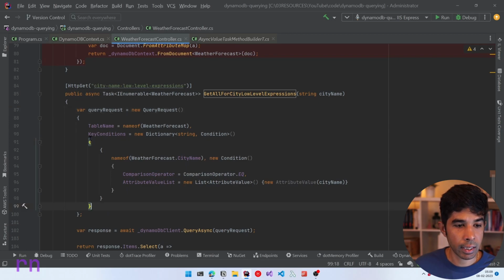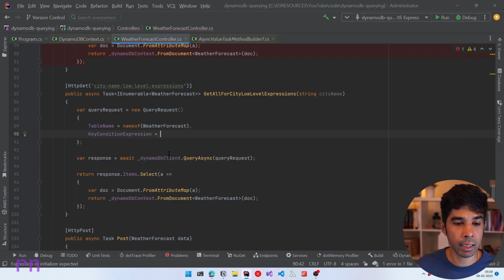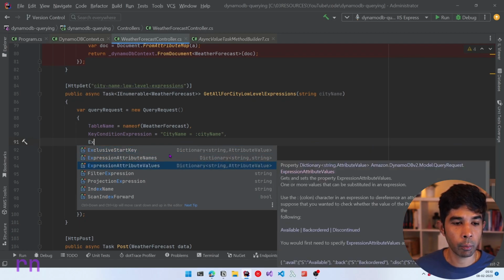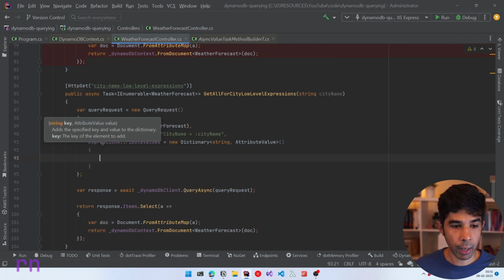So let's remove this key conditions property, which takes away a lot of code, and let's specify the key condition expression. In this particular case, the expression can be represented as a string. So in here, we want the city name to be equal to, and we need to pass the parameter value. Now in this case, we need to pass in placeholders for values. So we will be passing in as city name, the value for which we will pass in with the expression attribute values property. So we can create a new dictionary of string attribute values and pass in the data as